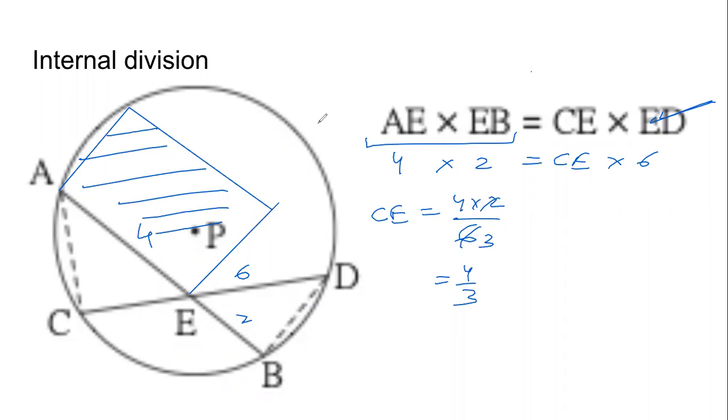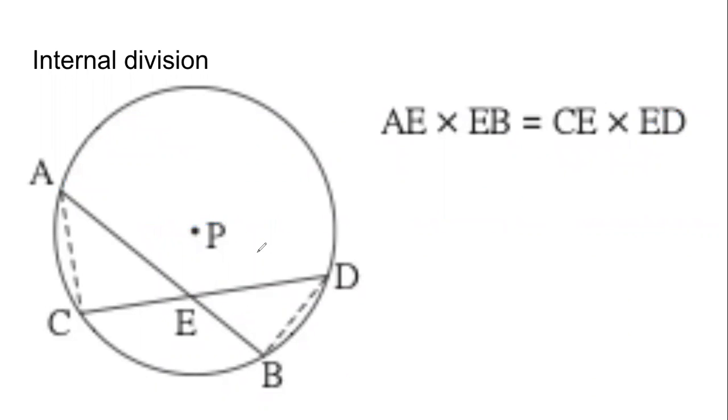Now, why did this happen? As a क्यों, clearing the screen. To understand why this happened, we need to join AC and BD. Now we have two triangles, A, E, C, and another triangle, I don't know, we will see. This triangle and this triangle. See what is happening in these two triangles.